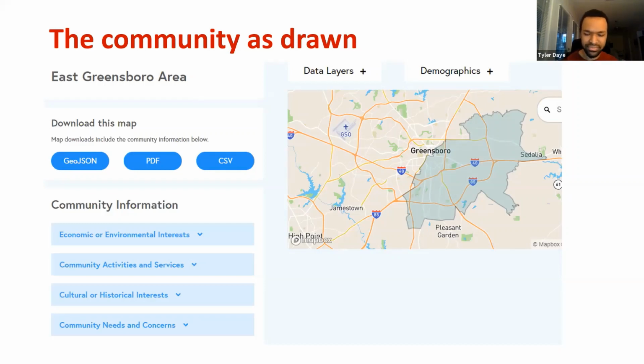And I chose, I guess, a fairly broad area, which includes parts of the actual city of Greensboro, eastern city of Greensboro, but also a suburban area that is just east of the city limits and south of the city limits as well, which, as Jennifer mentioned, does tend to have a higher Black population. And you can go to the next slide.